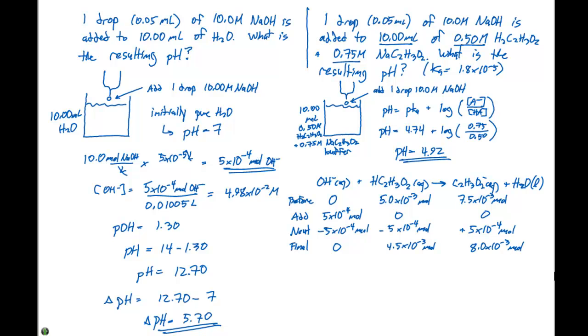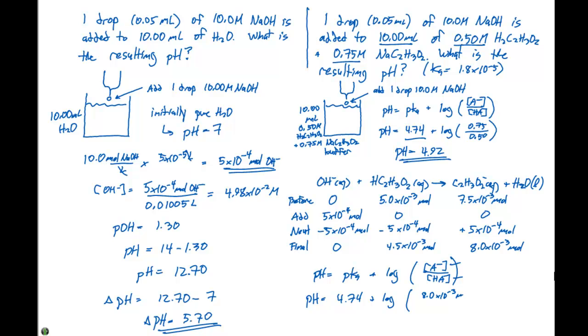Now, the reason we can do this is when we set up the Henderson-Hasselbalch equation, it's the pH equals the pKa plus the log of the concentration of A minus divided by the concentration of HA. It becomes very nice because the total volume at the very end is going to be the same for A minus and for HA. So our pH is going to equal the pKa, which we already determined to be 4.74 right up here, plus the log of the concentration of A minus, which is going to be 8.0 times 10